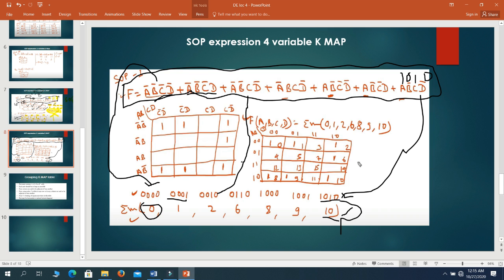So it shouldn't be that much difficult. Next up is to fill all these spaces, these minterm spaces, with ones in the K-map. As you can see, there are 4 variables, so there will be 2 to the power 4 number of cells. 2 to the power 4 gives us a value of 16. So altogether, there will be 16 cells.